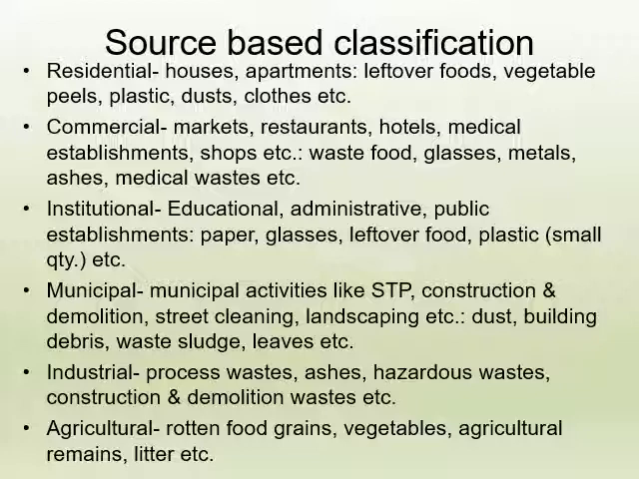From these activities, dust, building debris, construction and demolition waste, waste sludge from STP, leaves from landscaping and street cleaning, etc. will be produced. From industry, process wastes, ash, hazardous chemical compounds, like I told before, and construction and demolition wastes are the types of waste that will be produced, and from different industries the types of wastes will